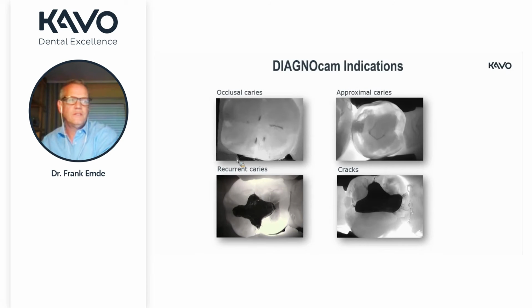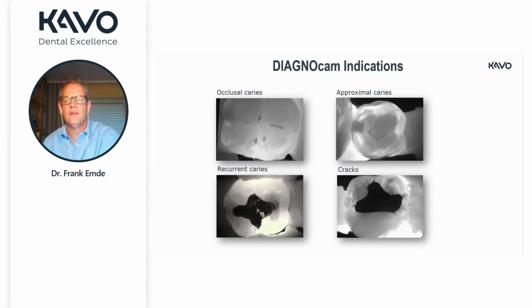Coming to the indications, there's a broad range of indications we can cover. We can see occlusal lesions, also if the occlusal lesions are inside the dentin. One of the main indications is, of course, interproximal or proximal caries lesions, as we have already seen. We also see recurrent caries or caries adjacent to fillings, which you see over here. You see the black spot on the mesial part of the tooth. Under the restoration, you also see some cracks over there,